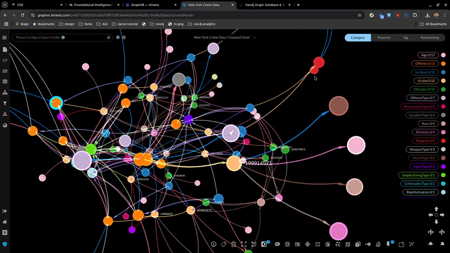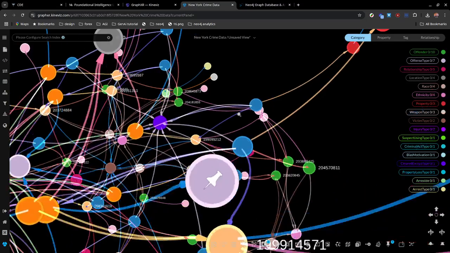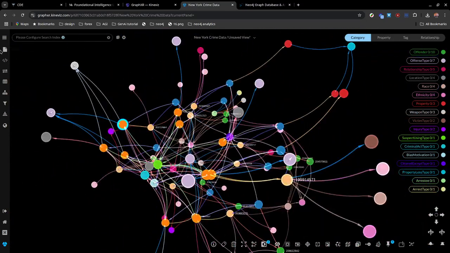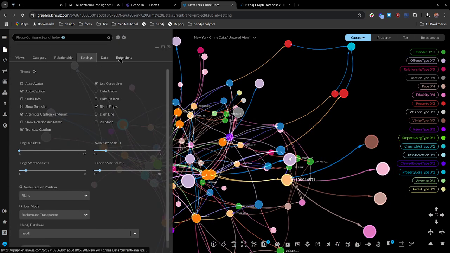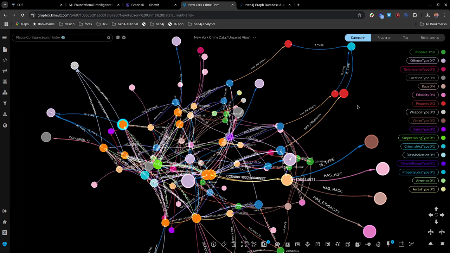Yep. So you can see here the nodes we have and the relationships, and you can just maneuver through this, and let's make this interesting. I'm going to show relationship names. Yeah, and now we can see,